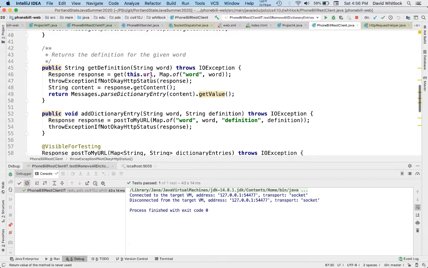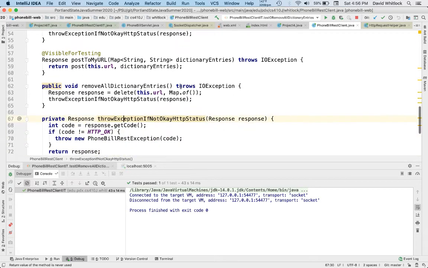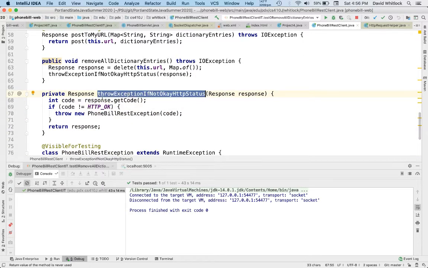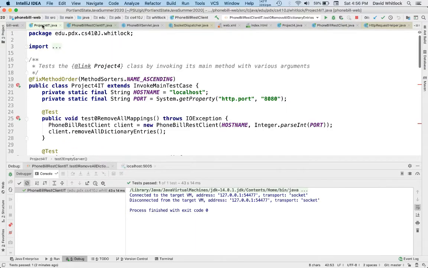So instead of returning some esoteric error value, you throw an exception. When this throw exception if not okay HTTP OK status is invoked after every request is made from the server to the server, and a non 200 status code comes back, then it throws what's called this phone bill REST exception. And so then the user of this code, phone bill